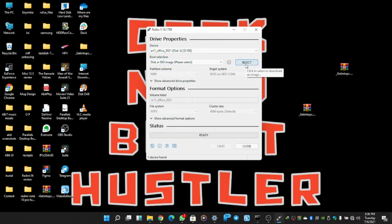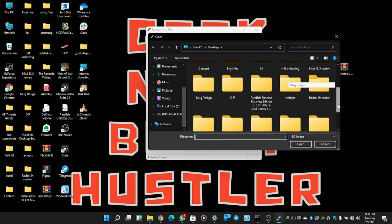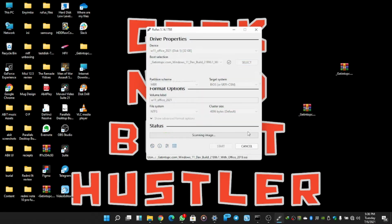However, on the right side, you have to select the ISO. Now, please locate the ISO for Windows 11. The particular step we're following is for preparing the flash to have your Windows 11 ready to install. Locate the Windows 11 ISO, which is on my desktop. So I'm going to click on it, and once I'm done, the next thing I'm supposed to do is to